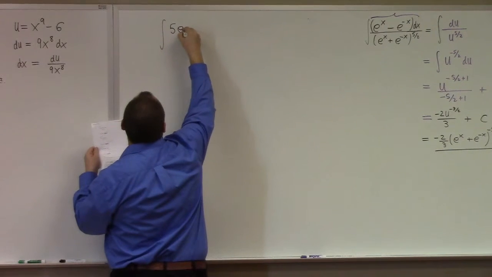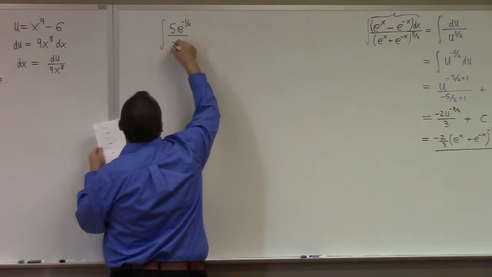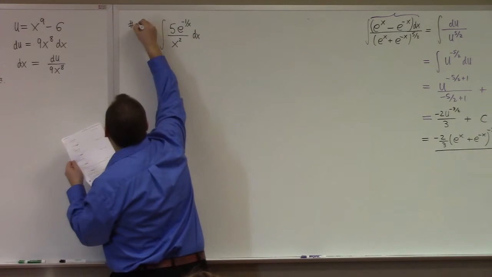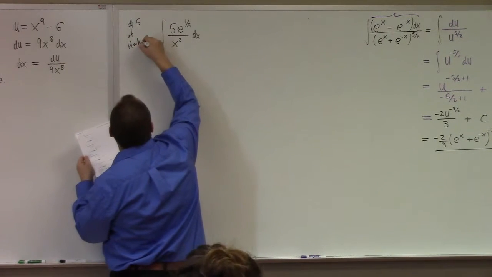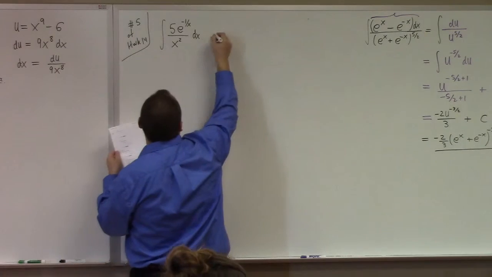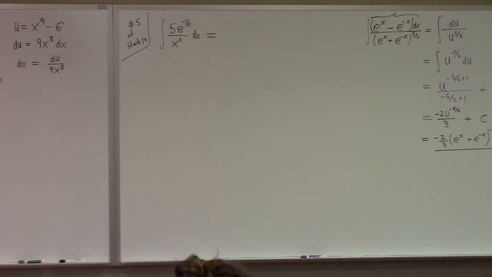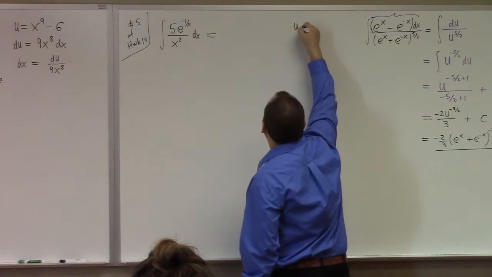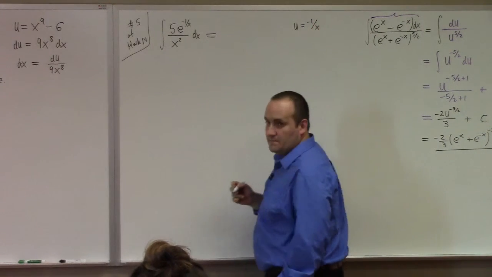5 e to the minus 1 over x divided by x squared. This is a good counterpoint to the examples we've been doing so far, because here's one where you don't make the denominator the u, despite the fact there's a denominator. So this one, there is something uglier than division. There's exponentiation, right? So that wins the contest of what's the ugliest thing. The ugliest thing, we make the input of the ugliest thing u usually. So the ugliest thing here is the exponential, and so we make u equal to the input of the exponential, which is minus 1 over x. That's what we're going to do.